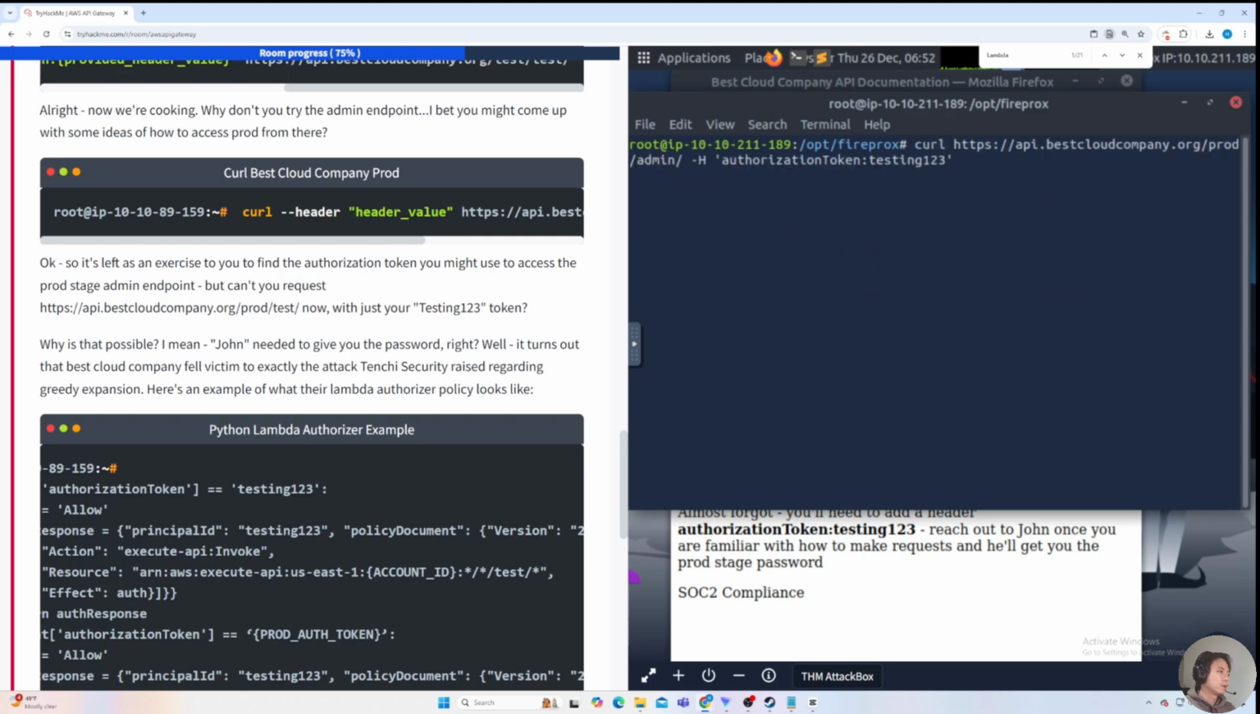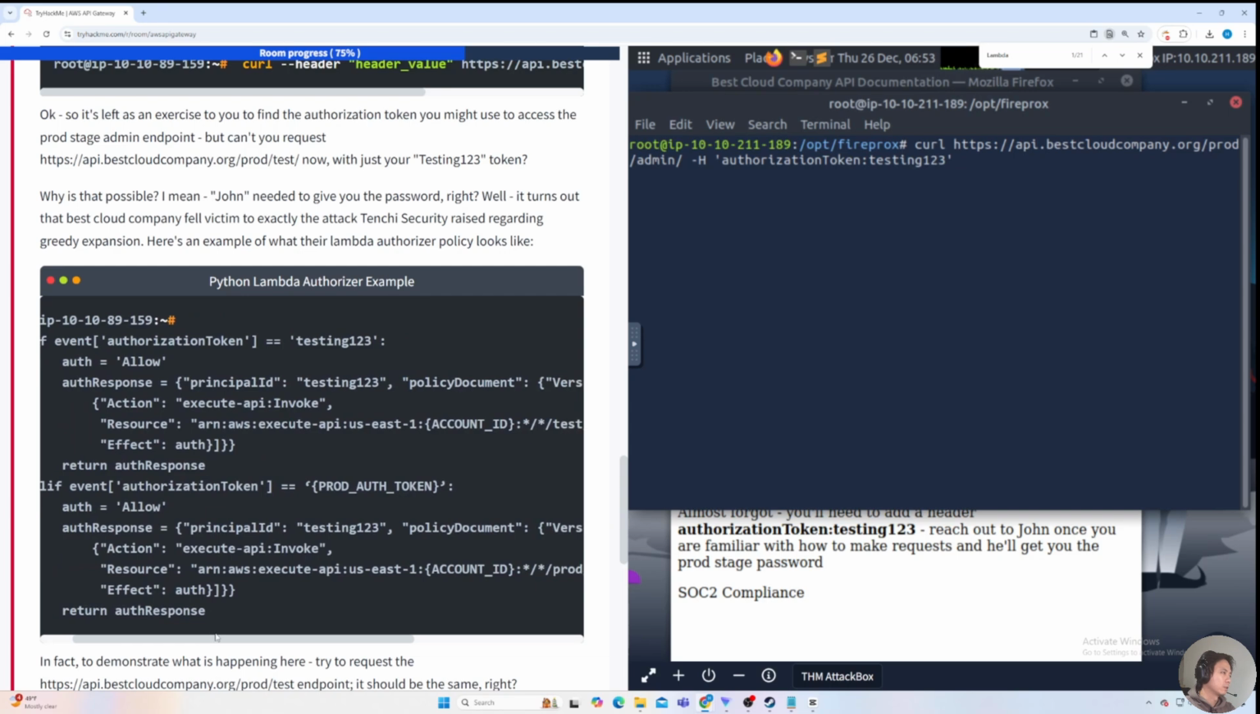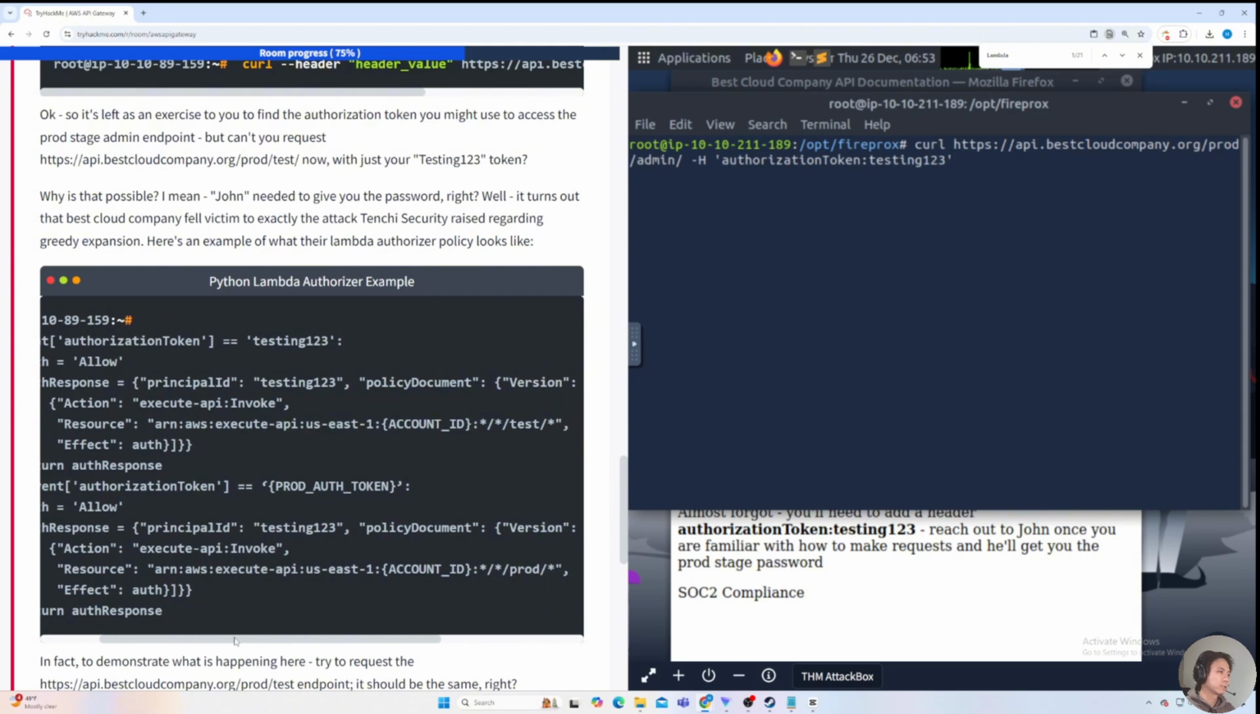So basically, this policy shows that if the authorization token is testing 1 2 3, then the resource allowed to be GET is asterisk / asterisk and test and then / asterisk, right? So in this case,